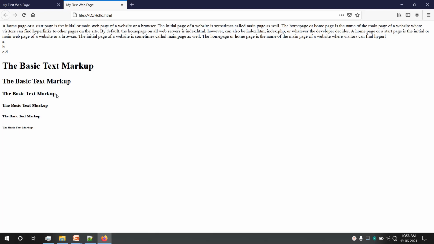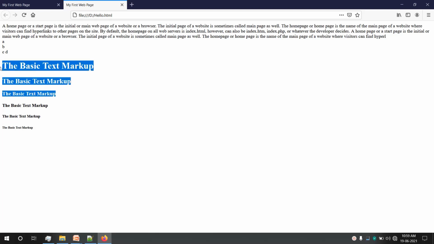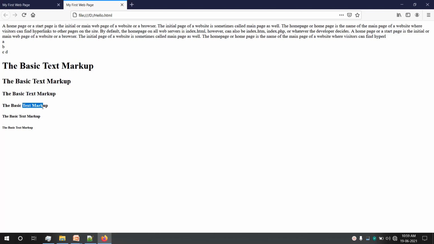Up till H3 it uses a font size larger than the default. H4 uses the same font as the default font, and the last two use a font size smaller than the default font. All of those tags are used to display headings on the web page.